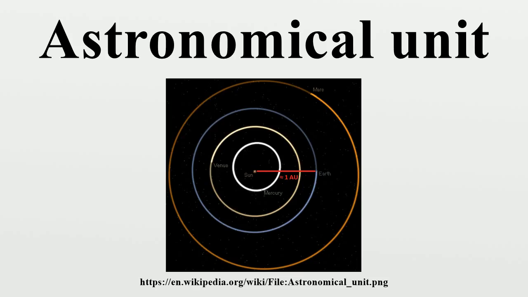In 2006, the BIPM reported a value of the astronomical unit as 1.49597870691 times 10^11 meters. In the 2014 revision of the SI brochure, the BIPM recognized the IAU's 2012 redefinition of